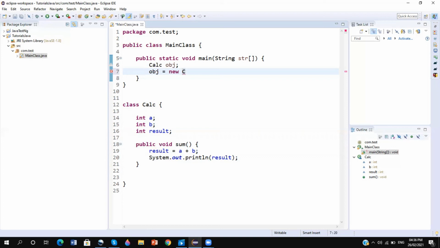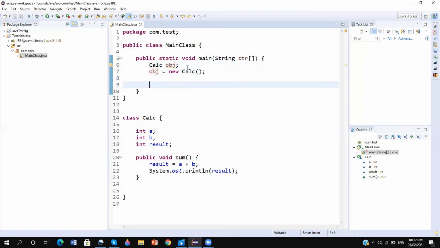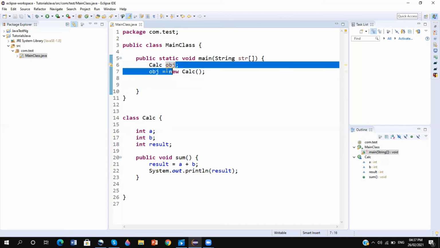So we need to call the new keyword, then the Calculator class name, like this. What it will do is create the object of the class Calculator and store it into the reference variable obj. Now our object is created. We can also create this in a single line like this.